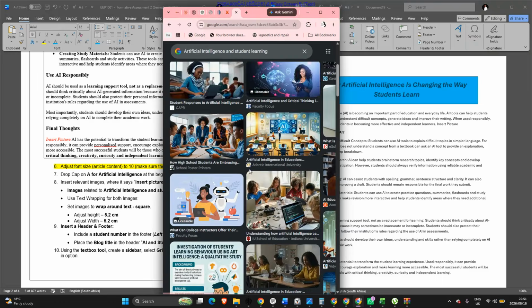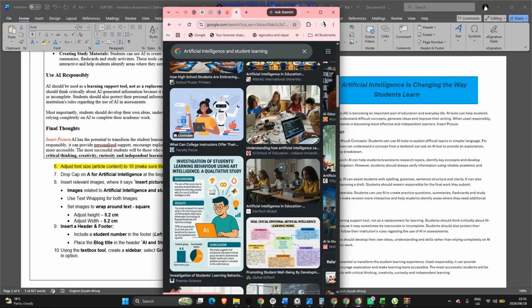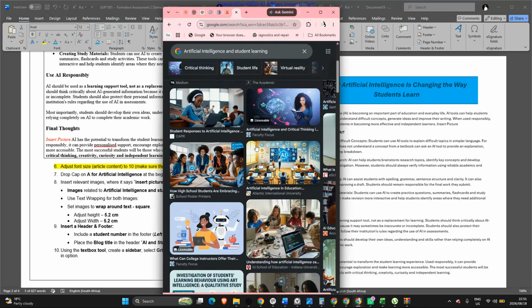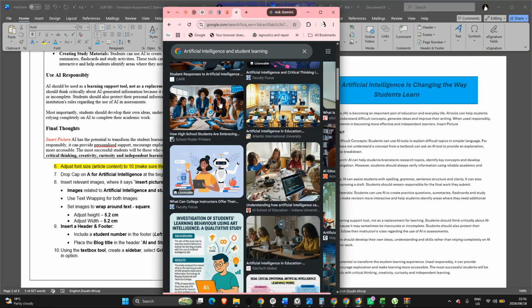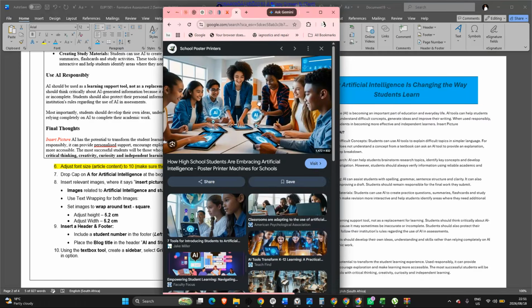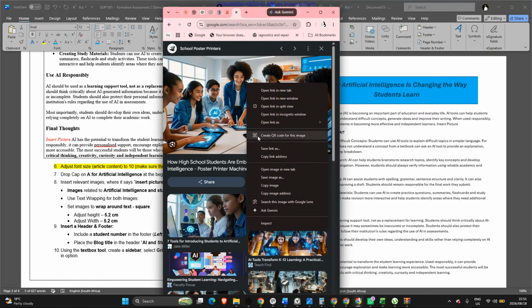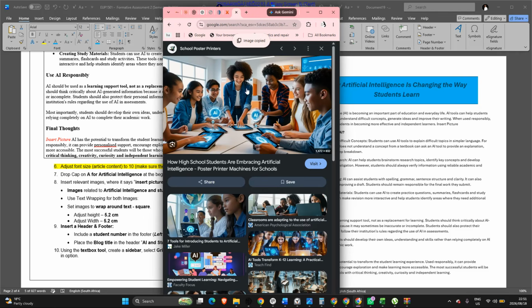You see there's a list of images. So you can choose any image that you may require. I can choose this one, it's a nice image. So if I left click the image and I press copy image, you can save image, but the shorter way is to copy the image,